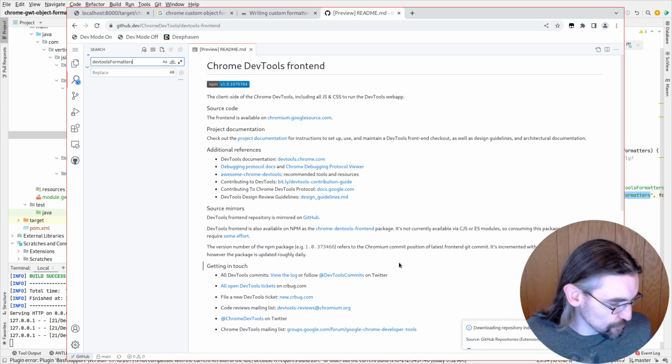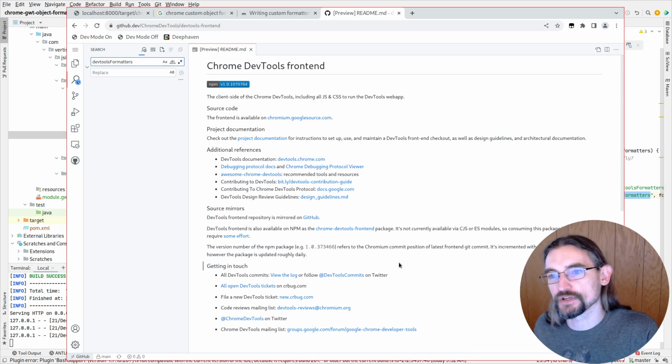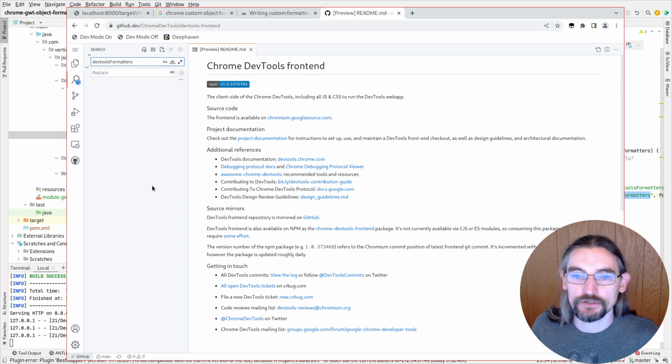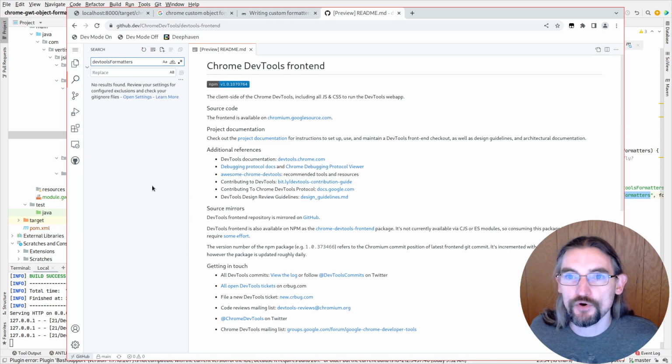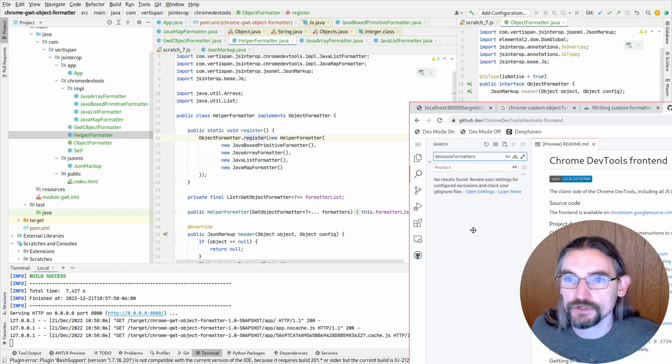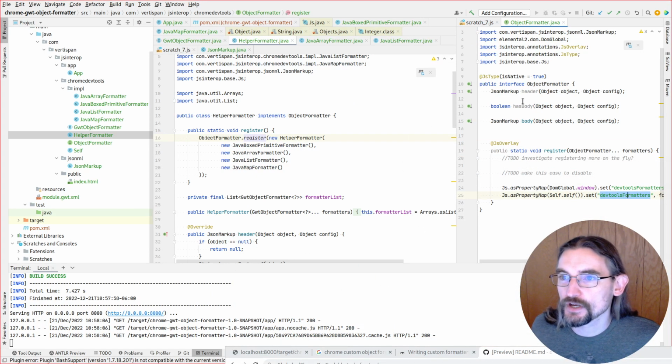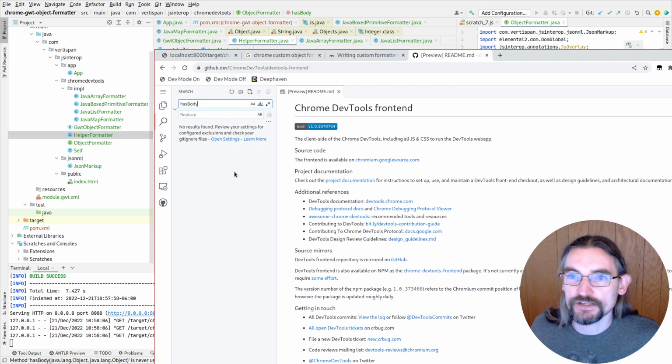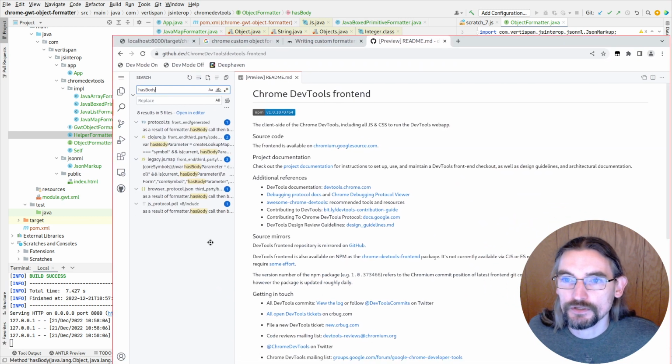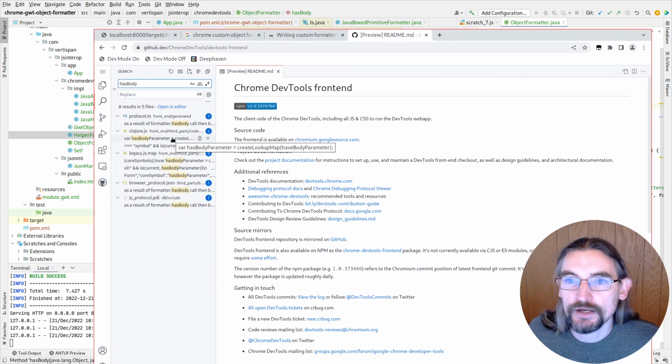So I guess it downloads the whole repository in order to index it, and then it indexes it locally. That being said, it does it in the browser, and it does a pretty good job of it. So, okay, no mention made of DevTools formatter, so I guess that's not implemented in the DevTools front-end repository. The other thing we want to look at here is the hasBody method, just to see if anybody ever defines a hasBody. Yes, there is a hasBody